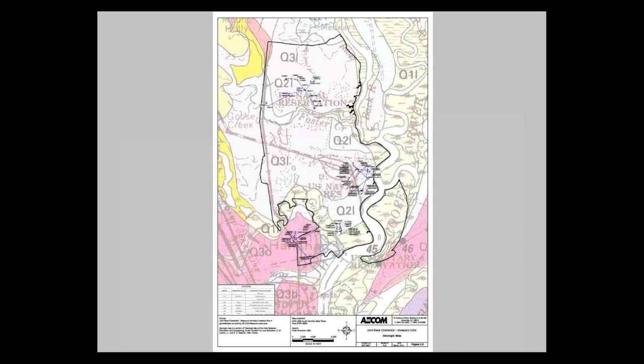This is a piece of a geologic map, and I'll zoom in on this more as we go through. But what I wanted to point out about this map is these purpley pink areas are beach dune sediments. And so the beach would have been going up this way, more or less to the northeast. And so what you've got here is what's left of this beach dune complex. Goose Creek has taken out a lot of it.